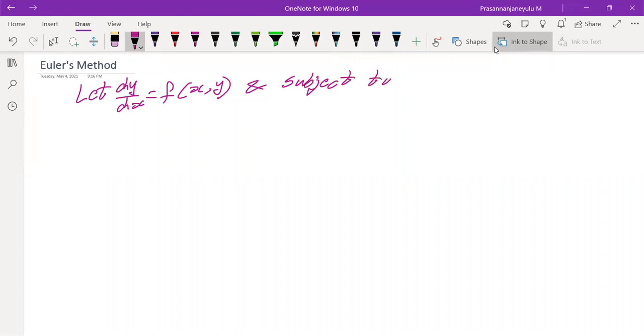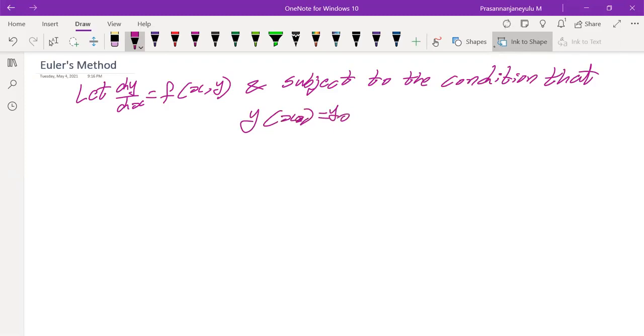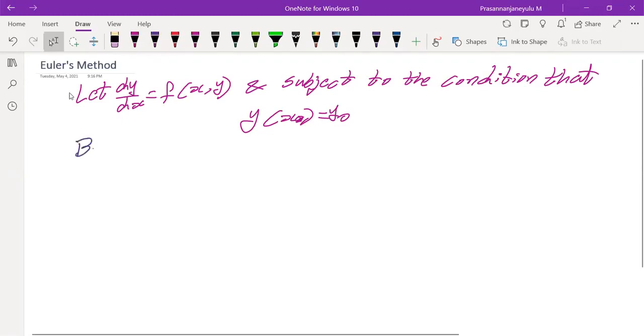What is that condition? As usual, like our previous methods, y of x0 equals y0. These are the things they are giving to us, but now we need to find y1, y2, y3 and so on, like in Taylor's and Picard's, it is different. So by using Euler's method,